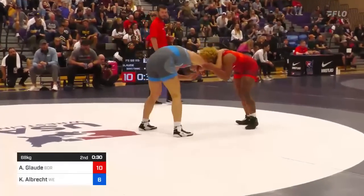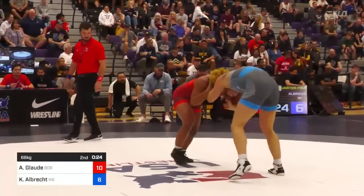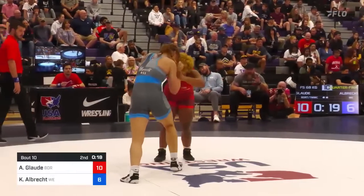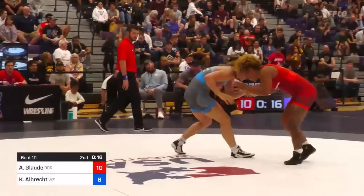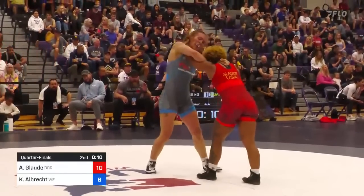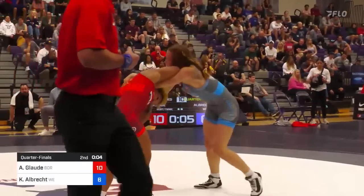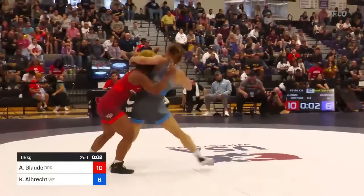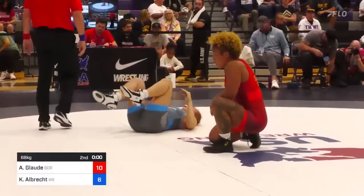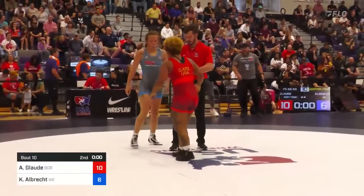Shot from the outside for Albrecht. Nice defense for Glaudet. Albrecht going to need to get some offense going here quick. 15 seconds to go now. Headlock attempt, but time runs out, and great match from both competitors, but Alex Glaudet uses 2 big fours, comes